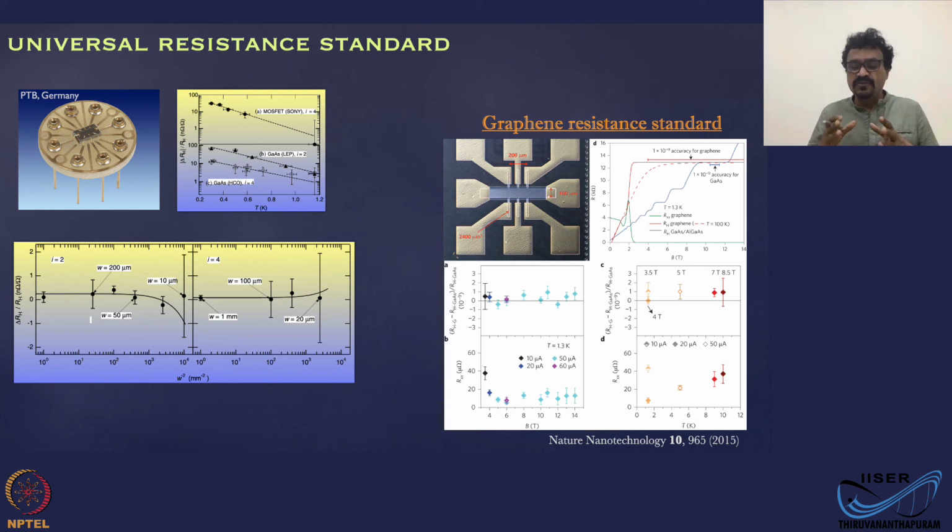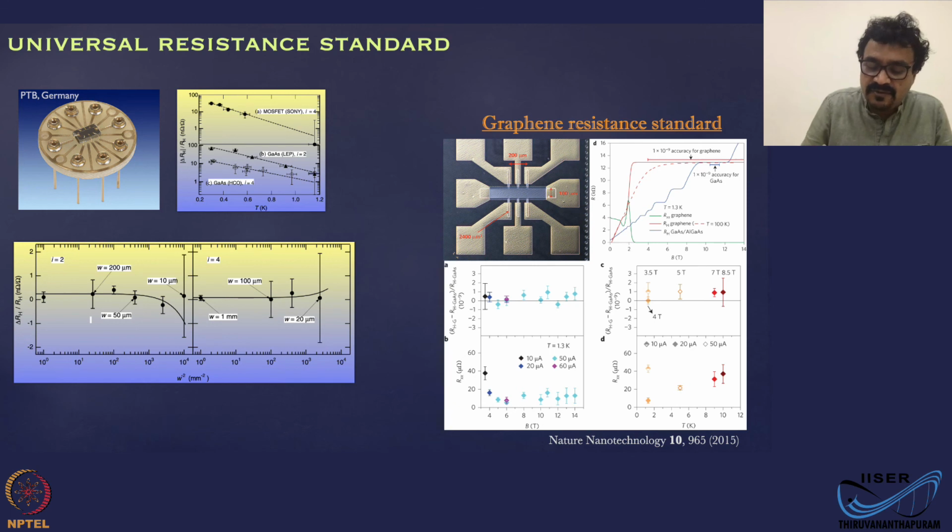So what we now need to realize is this quantum Hall effect is a universal phenomenon. It doesn't depend on the material system. It doesn't depend on the kind of equipment you use. It doesn't depend on the temperature. As long as certain energy scales are met, you will see this effect. This was initially proposed, and now it has been widely accepted and followed as a universal resistance standard in quantum electrical metrology.